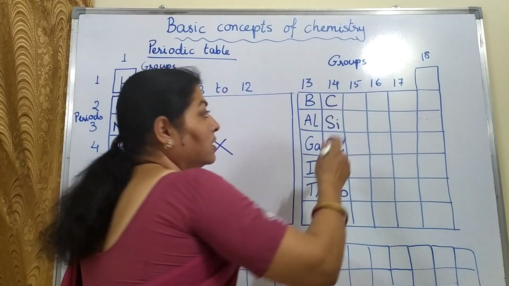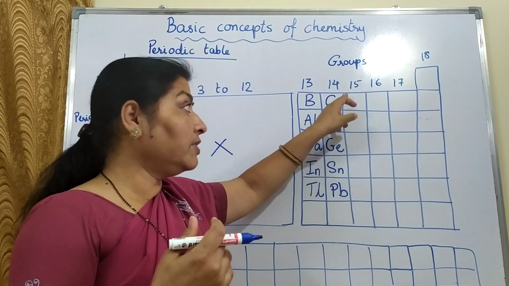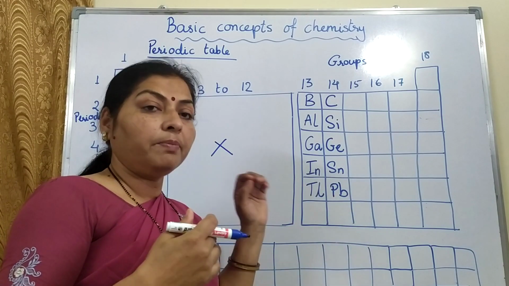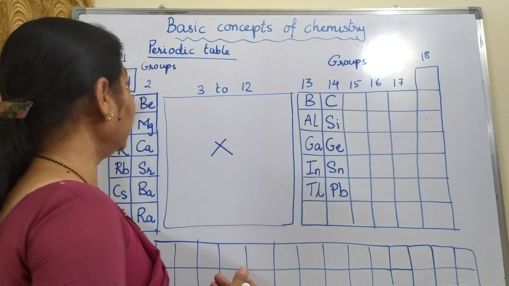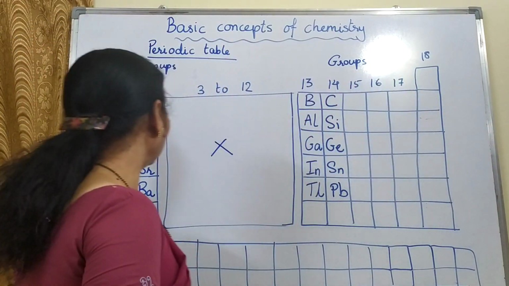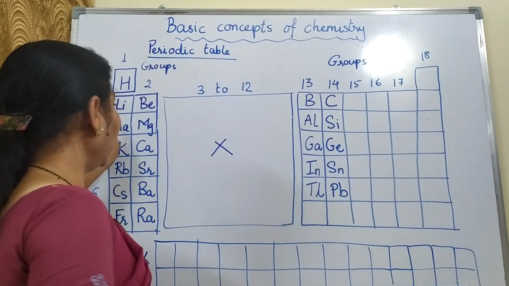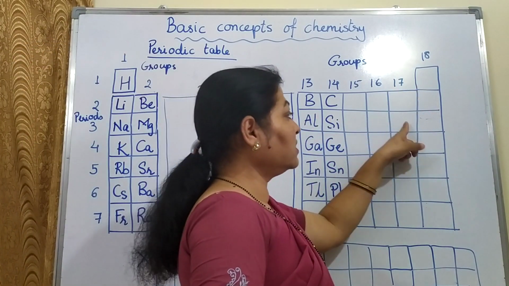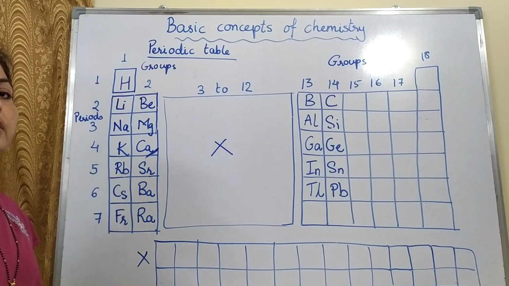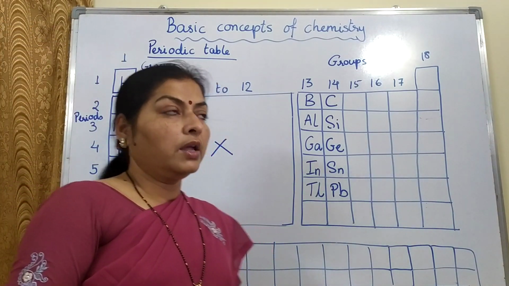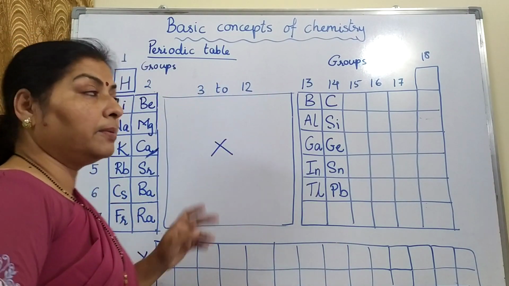Then 15th. Now there will be a question in your mind how to remember the first element. If we remember the first element, it will become easy to complete it. So you also have to learn the first 20 elements, 1, 2, 3, and so on up to 20, means till calcium. The sequence of the elements you should know. These elements are arranged according to the atomic numbers.